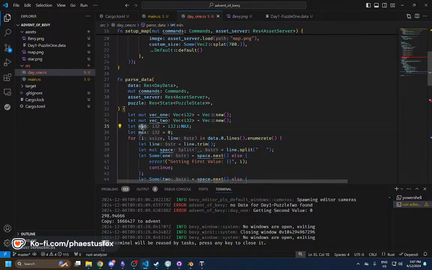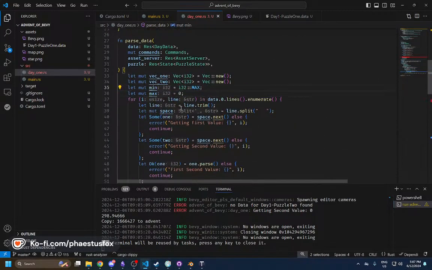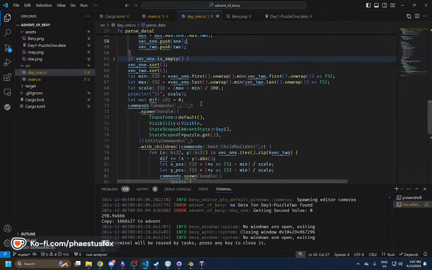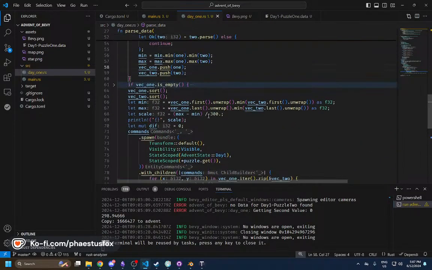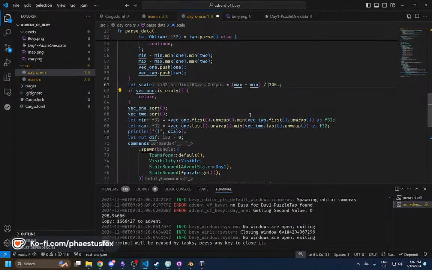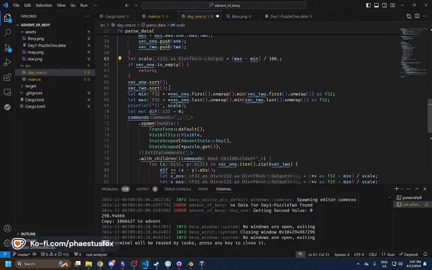Did I not make them mutable? Mute. Okay, min and max, push those, then calculate our scale, which is this one, and then